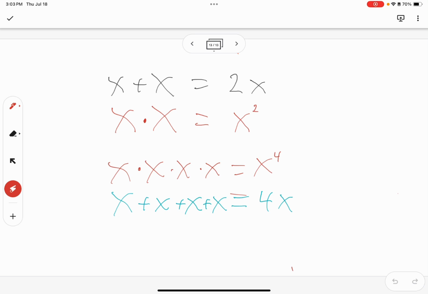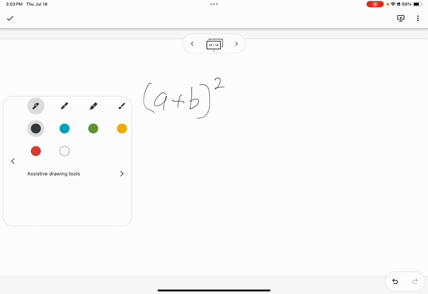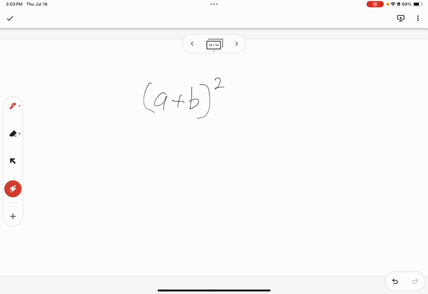Now we're going to talk about quantity a plus b squared, or to the second power. And what that means is, again, remember that exponents mean repeated multiplication. So that means a plus b, quantity a plus b